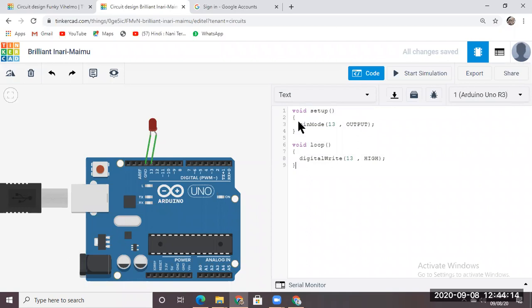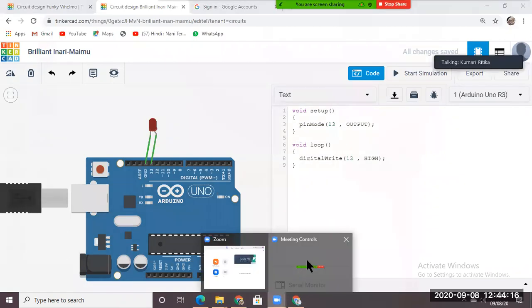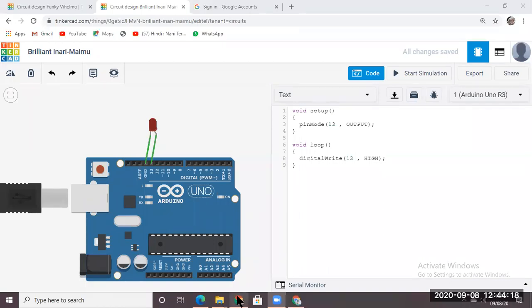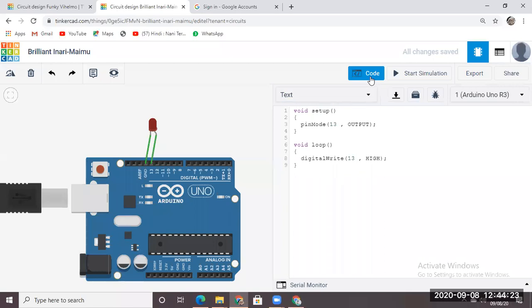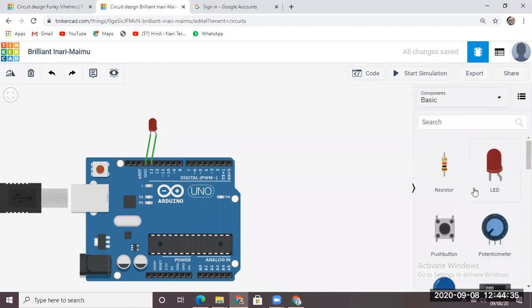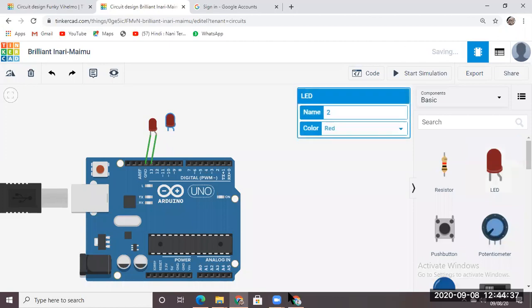Okay, LED. Yes, 13, very good. Now similarly, we want to turn on another LED. So this is basically the code to connect an LED to the Arduino board, and this is the code to turn on any LED or any device.